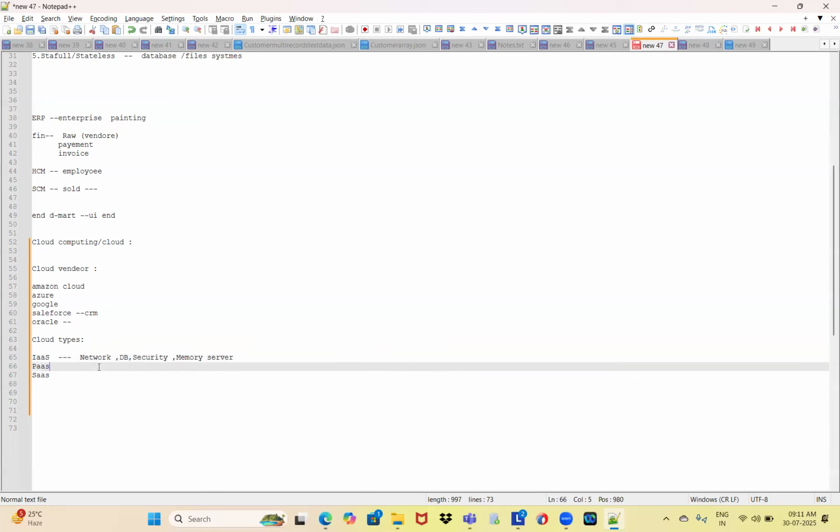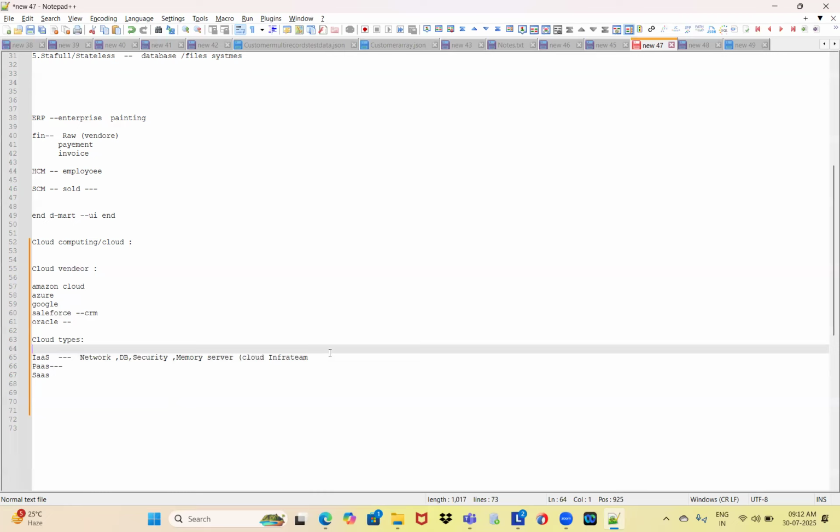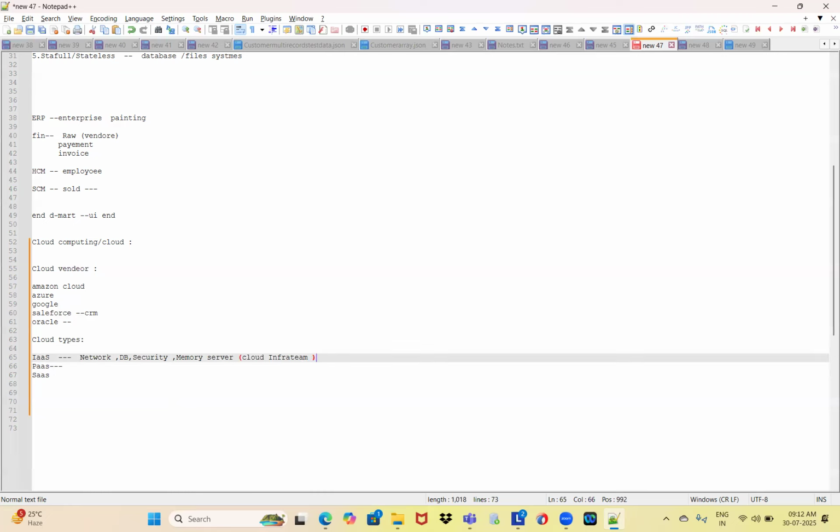That means it's related to admin, right? Yes, the cloud infra team comes into the picture, and the admin will have access.